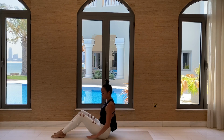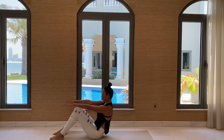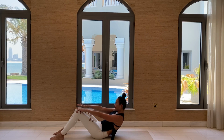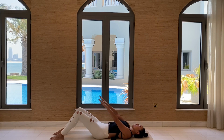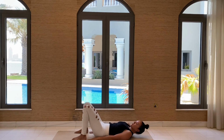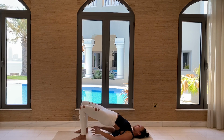And release, placing your feet onto the mat. Your arms out in front. We're going to curl down towards our mat ever so slowly. Taking your time until your head reaches the mat. And we're going to move our heels towards our bums. You can almost touch them with your fingertips, and then send your hips up to the sky for bridge